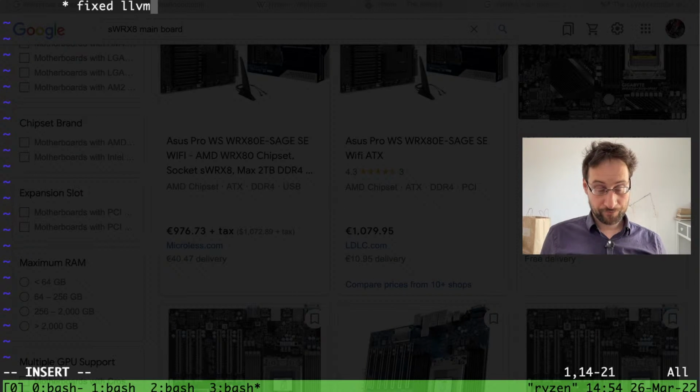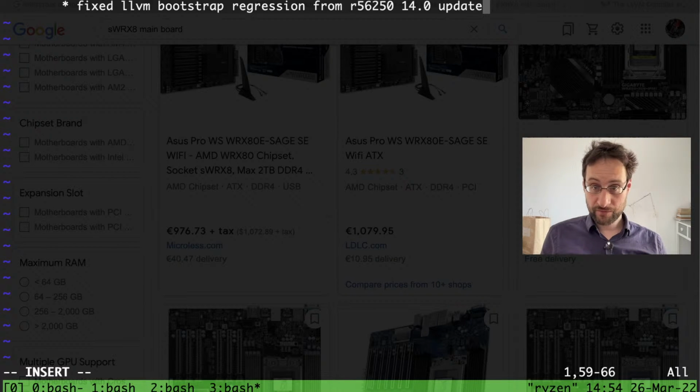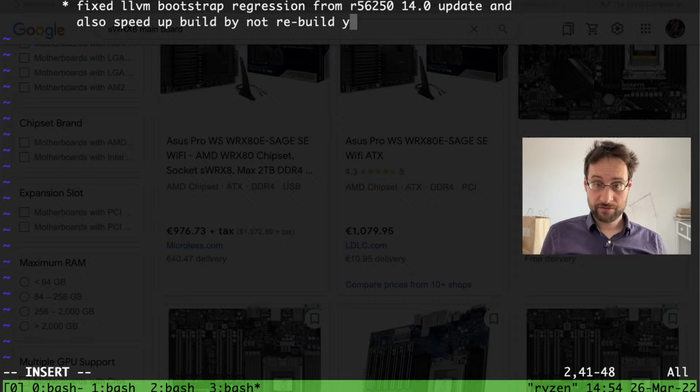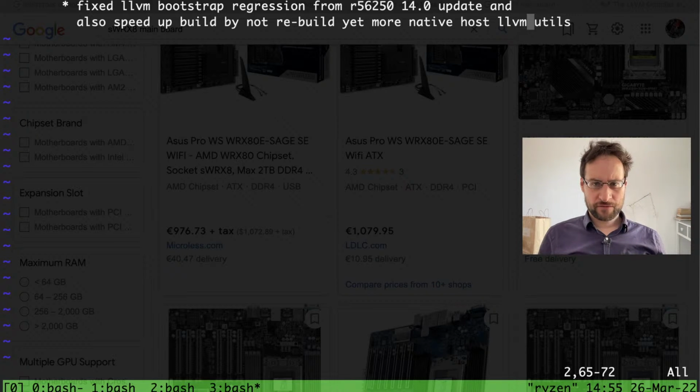Fixed LLVM bootstrap regression from 14.0 update, and also speed up by not rebuilding yet more custom native host utils.